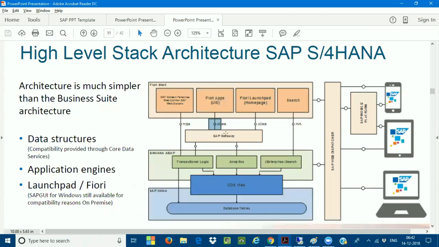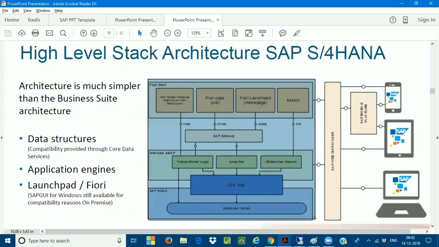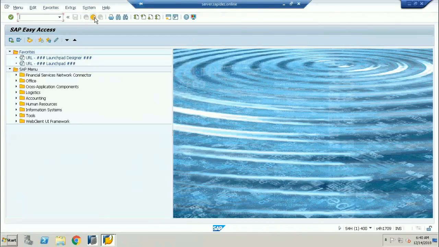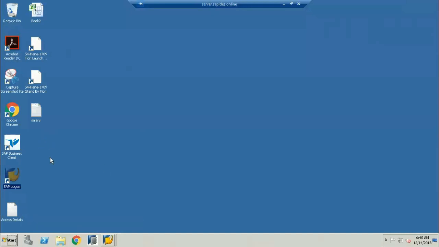You can see the connectivity path, which you use when logging into the SAP Fiori application. So this is exactly the architecture. This is how important the architecture is in SAP ECC compared with SAP S/4HANA. Just let me explain one concept in the Fiori. Now let's see. I'm logging into the Fiori now. This is exactly how the Fiori looks. See here.